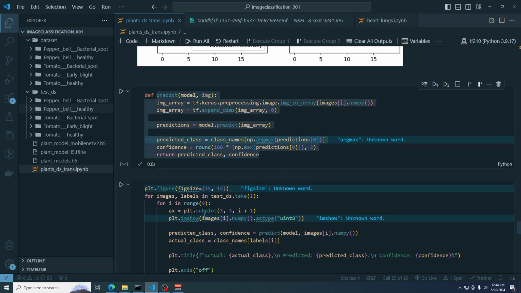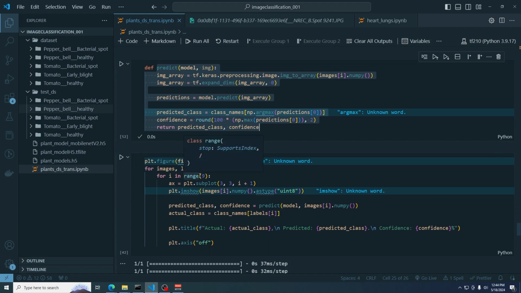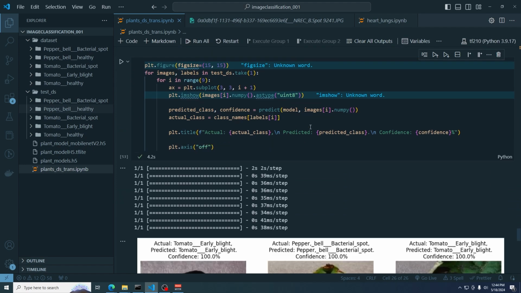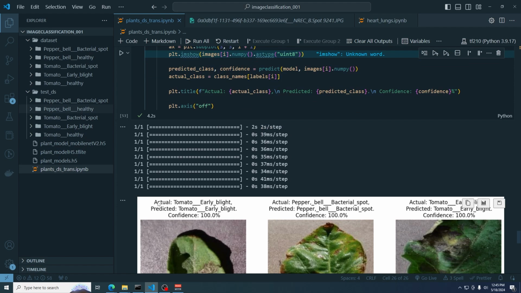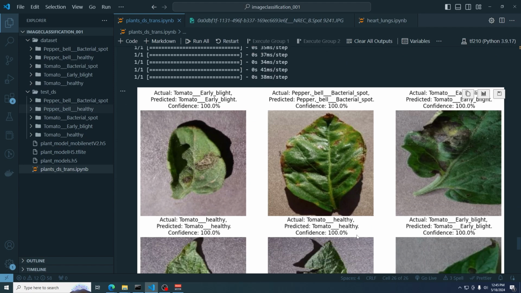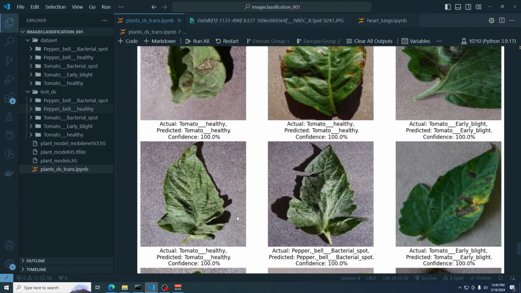So with this function, now we can plot our images against their predictions to see how the model did perform. So we have the actual label, which is tomato early blight, and we have our predicted label, and we have our confidence level. So as you can see, actual label, predicted label, and the confidence level. So I guess the model has performed very, very well. It is getting everything